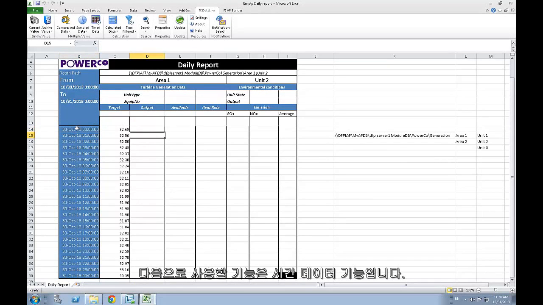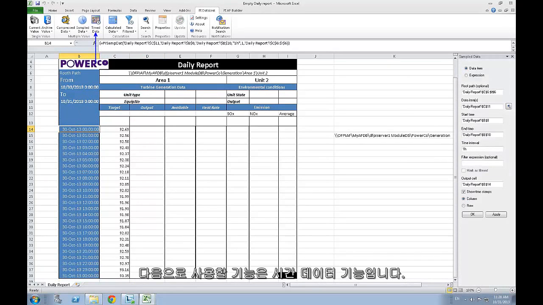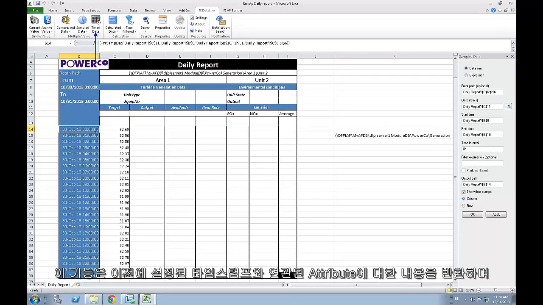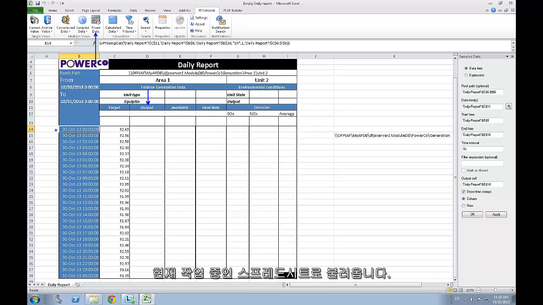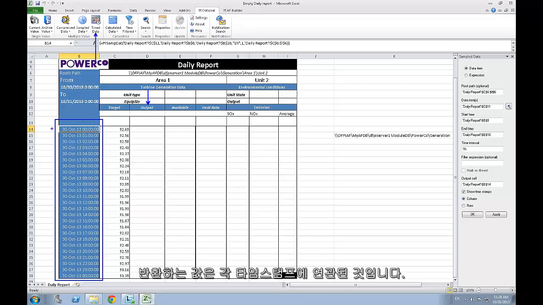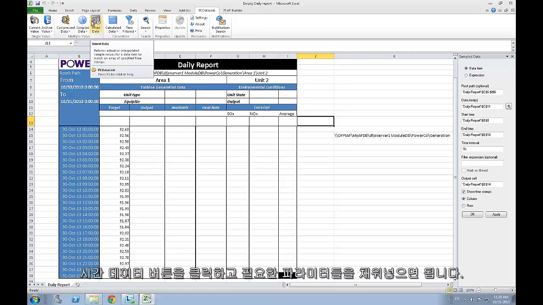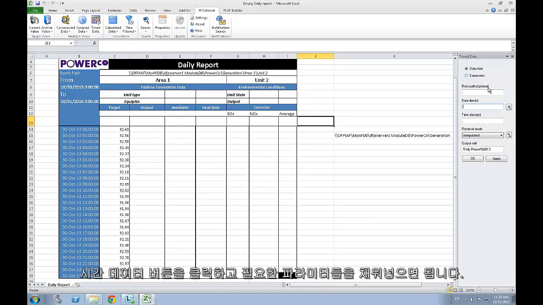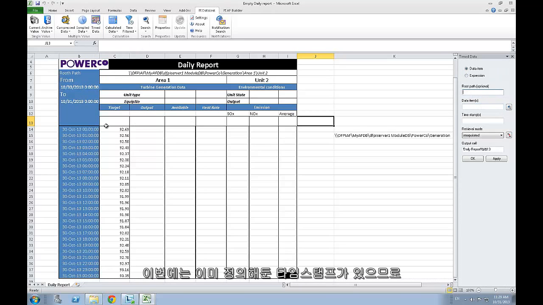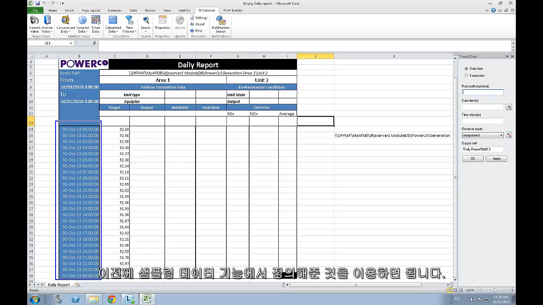The next function that we will use is the time data function. This function will return values of an attribute according to some predefined timestamp coming from the spreadsheet you're working on. This simply means that it will return a value for each of the timestamp that you will feed to it. Once again, to create such a function, simply click on the time data button and fill up the different parameters needed. In this case, since we already have the timestamp defined from the previous sample data function, we only have